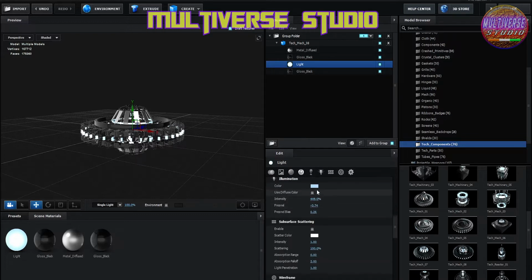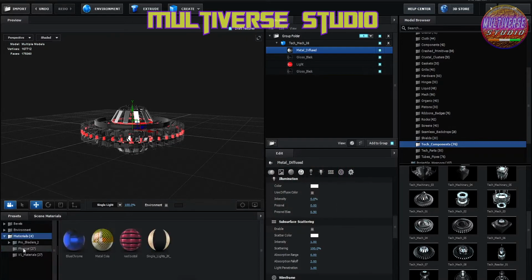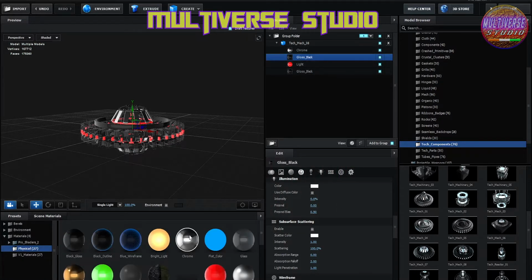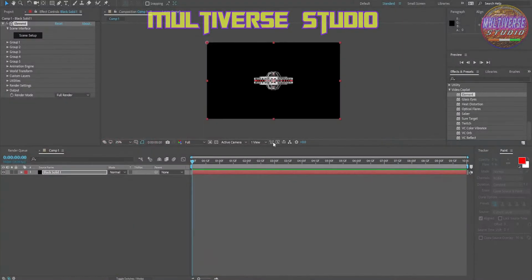In the illumination I'm going to change the color. You can change the color from illumination, you can make it any color. I'm going to make it red, slightly darker red like this, and also I'm going to change the other color of this model. I will prefer to use chrome color like this, which looks good. Now click OK. Here it is.